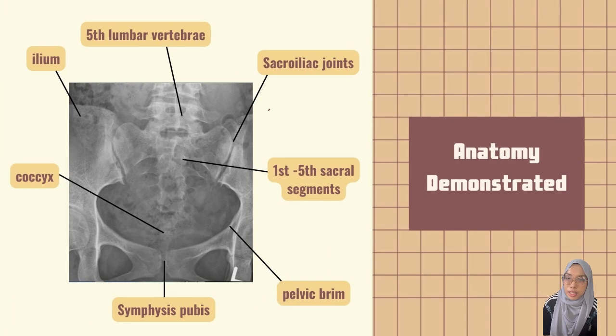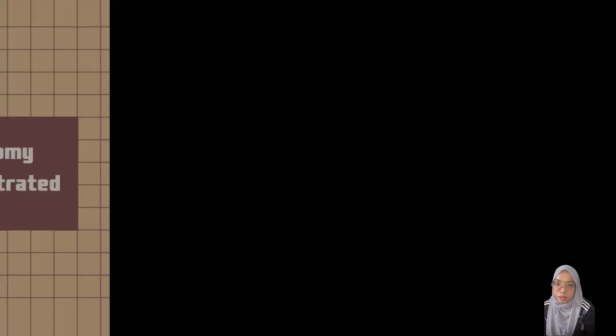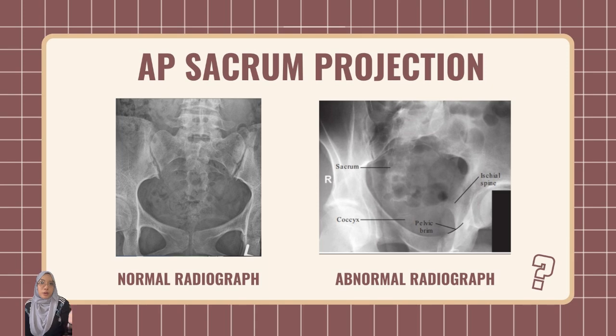In a normal sacrum AP radiograph, the anatomy that should be demonstrated consists of the 5th lumbar vertebra, the 1st to 5th sacral segments, and the 1st coccygeal vertebra. The symphysis pubis and sacroiliac joints should be included in the collimator field. We will be talking about a normal radiograph of a sacrum AP projection and an